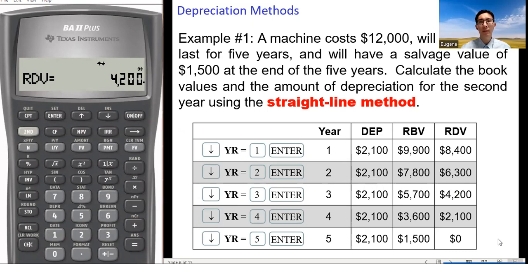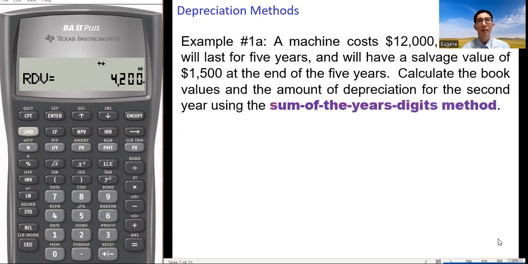Next, we will find the depreciation information for the second year using another method, the sum of the year's digits method. The same machine costs $12,000, lasts for 5 years, salvage value 1,500. To change the depreciation method, we press the up arrow key.